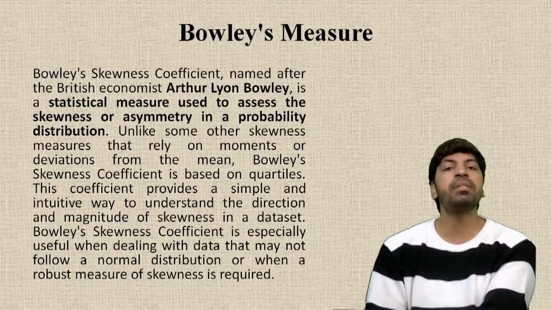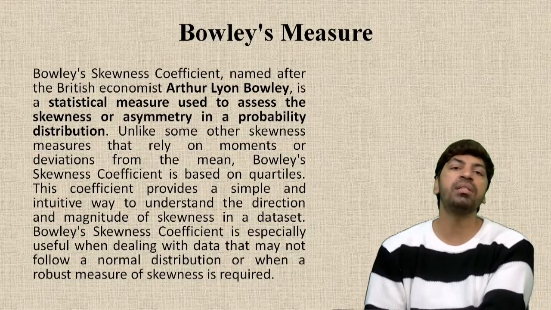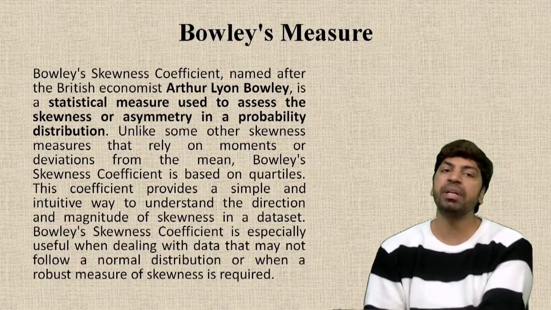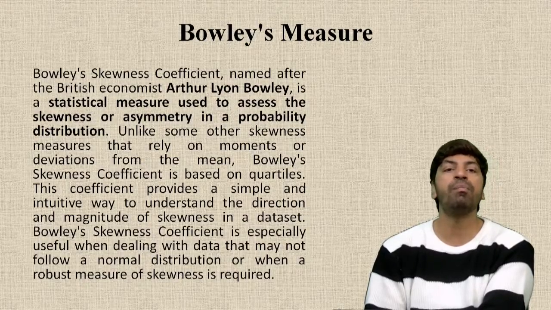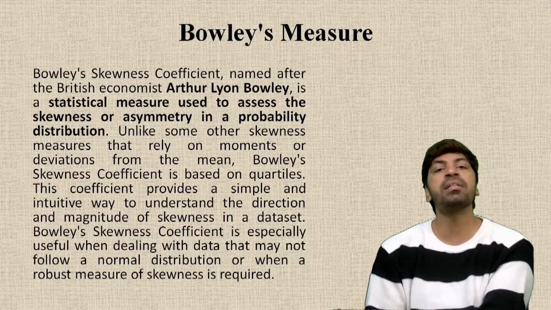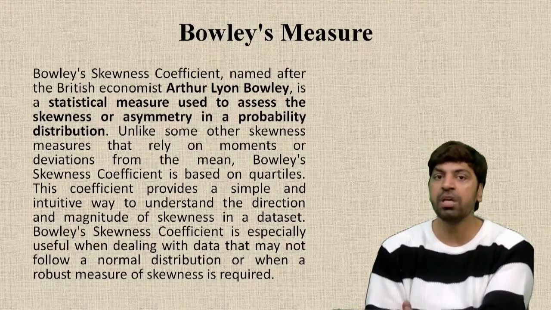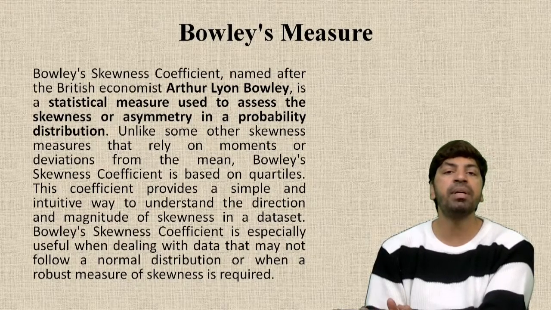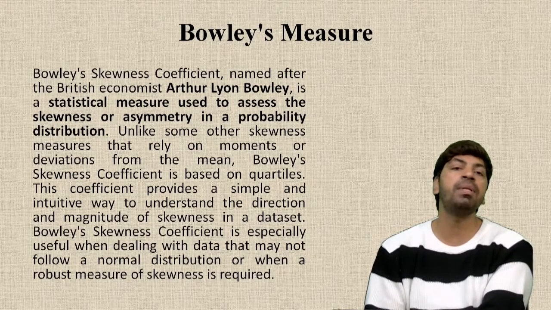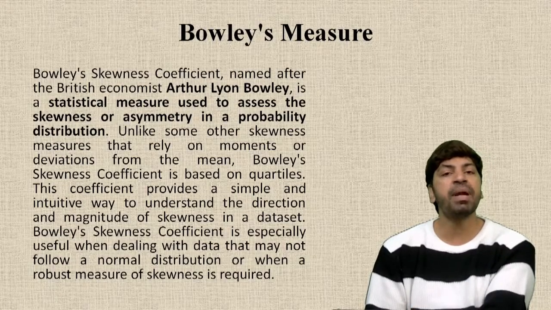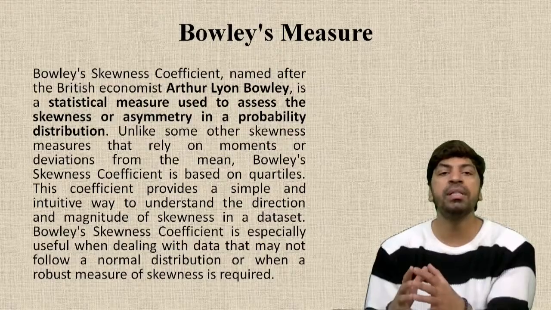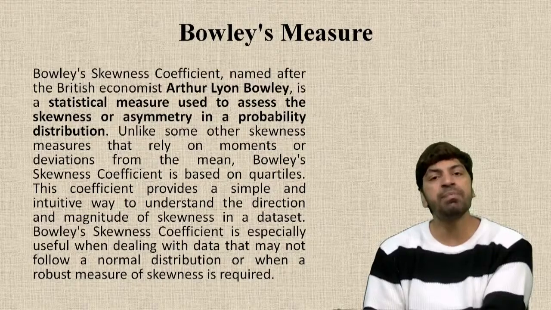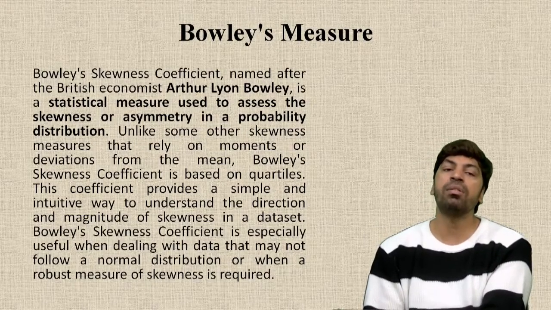The next concept is the Bowley measure. Bowley skewness coefficient measure is named after the British economist Arthur Lyon Bowley, who developed a statistical measure which is mainly used to assess the skewness, whether symmetry or asymmetry in the probability distribution. It depends on the movements, that is, how the changes occurred from the mean values, and this particular measure is totally based on the quartiles,